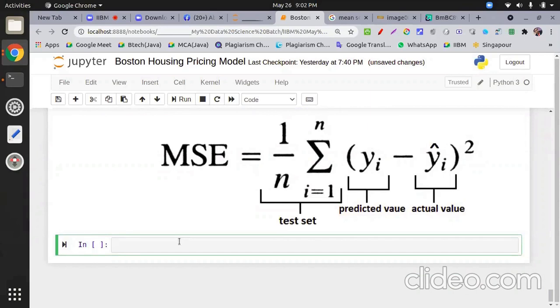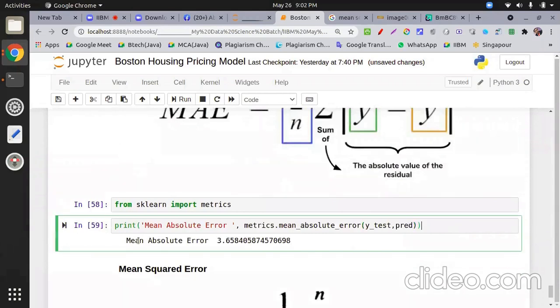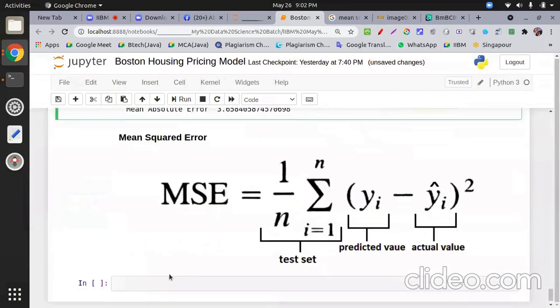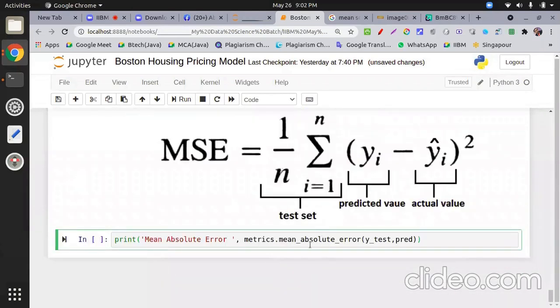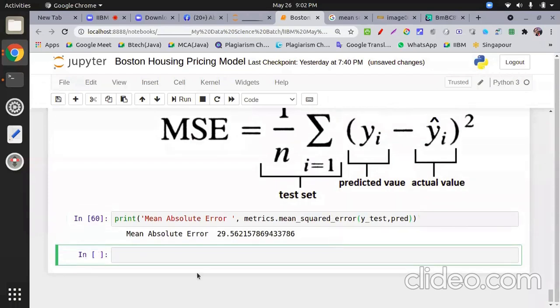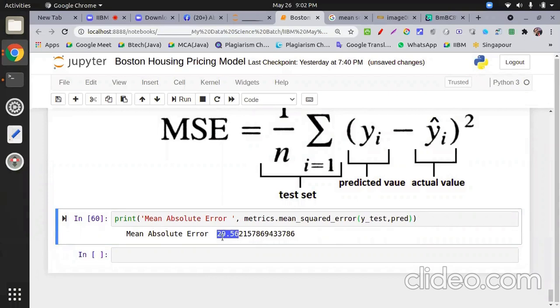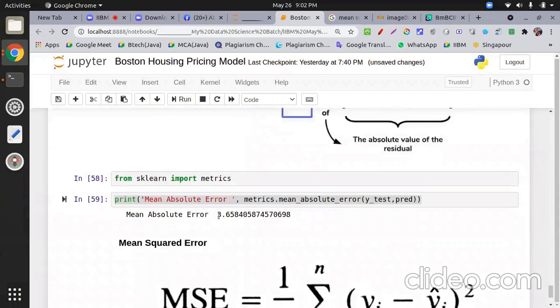All right, so how do we calculate this one? Again, that is 29. That is a good value, I mean a lower value, because it is calculating the square, so comparing to this one it is good.